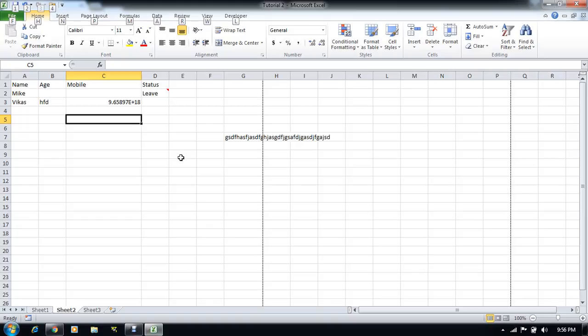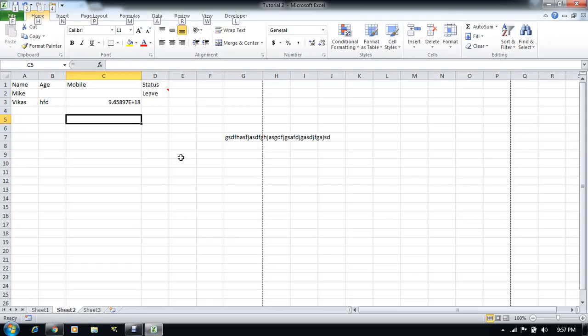It also shows the options for the Quick Access toolbar: 1 for Save, 2 for Undo, 3 for Redo, and 4 for the next Quick Access toolbar option.